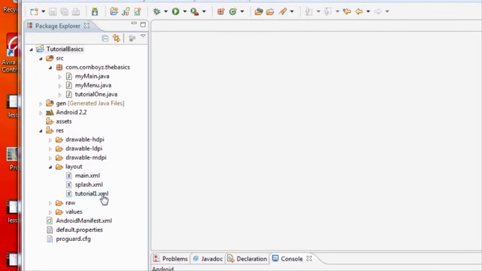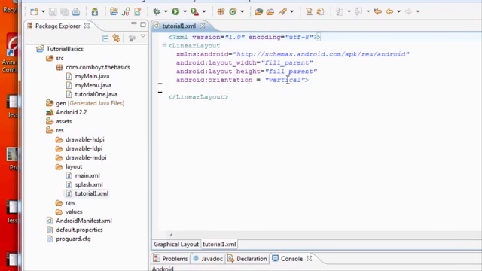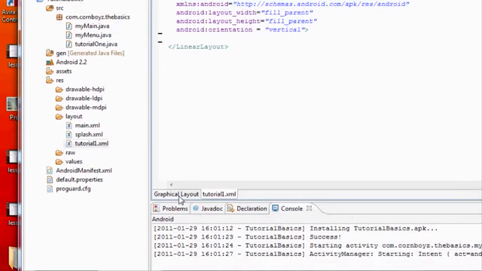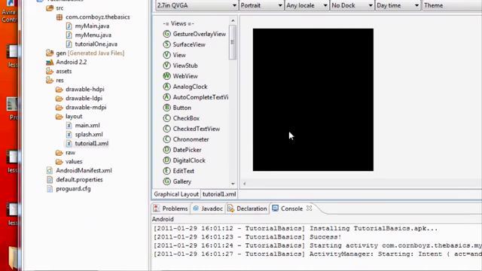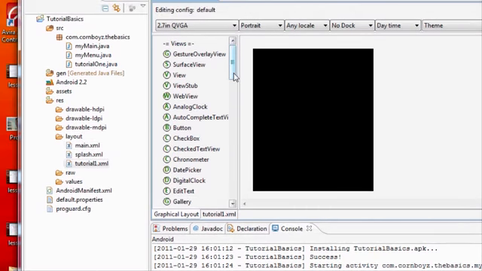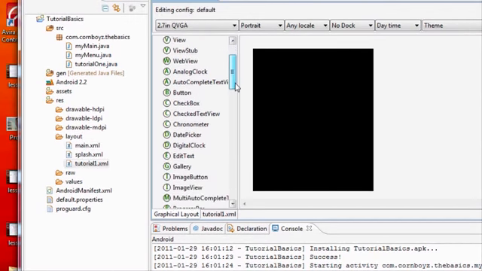But what we're going to do is set up our XML layout tutorial 1, and we're just going to add some stuff to this. Basically, this video is just going to do some more XML, but a little bit more advanced than we have done, and we're going to use some new features